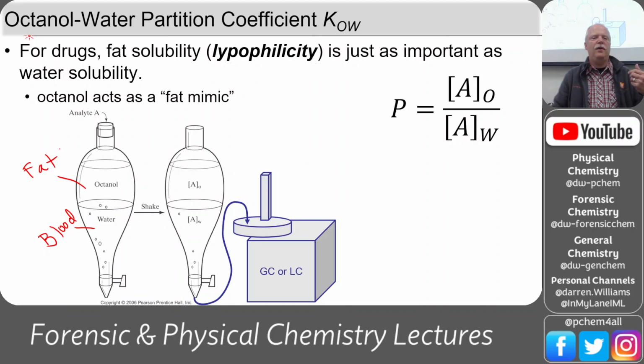And so if you want to know if a drug is going to go into your fatty tissues or stay in your blood, this octanol water partition would tell you that. We can put your substance, the analyte, into a sep funnel with octanol and water, mix it up, and wait till it separates. Then you can pull those two fractions out and sample the aqueous phase and the organic phase. The concentration in the organic phase over the water phase gives us this partition